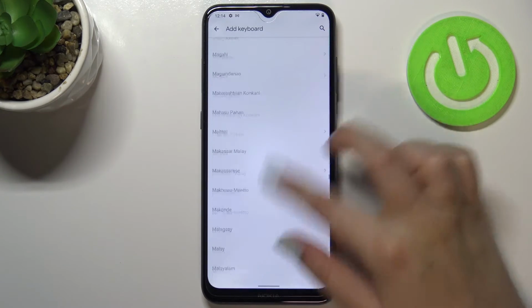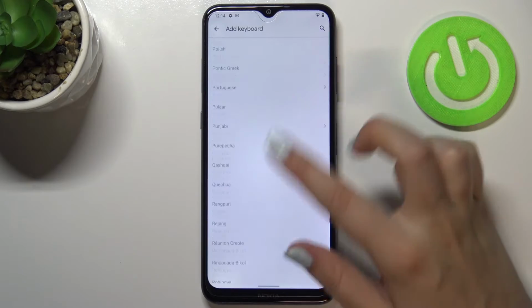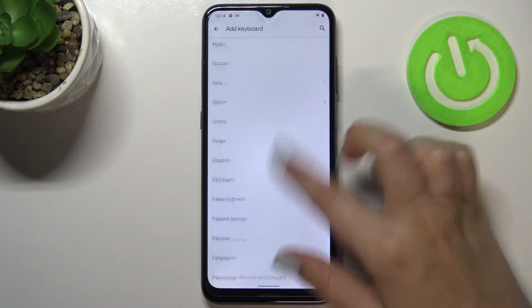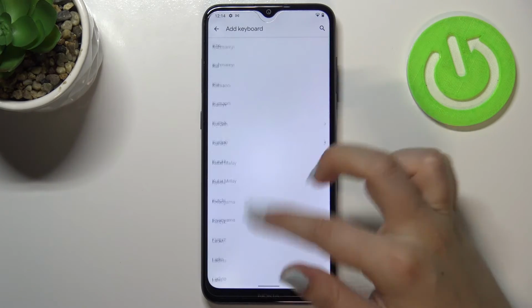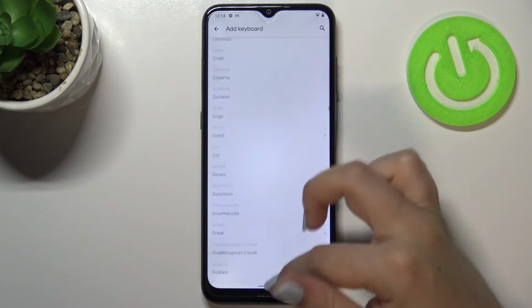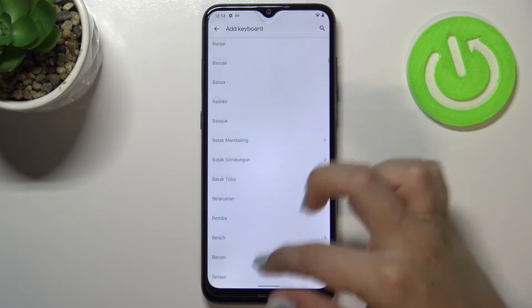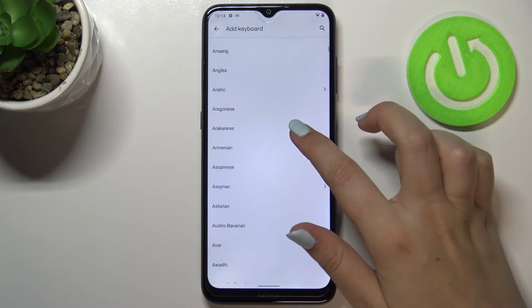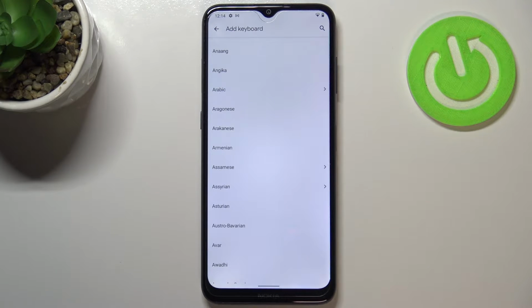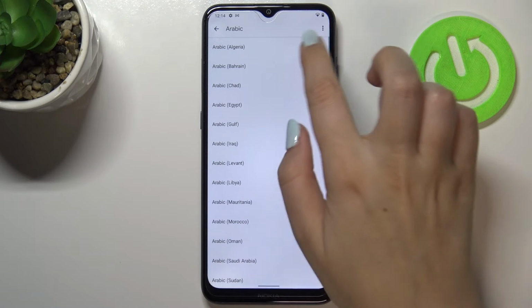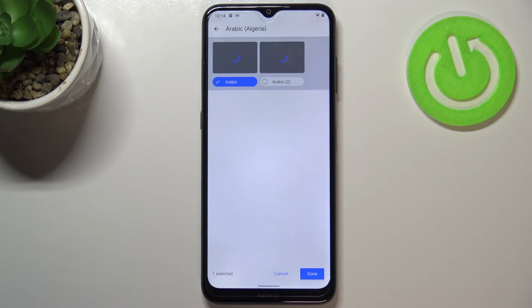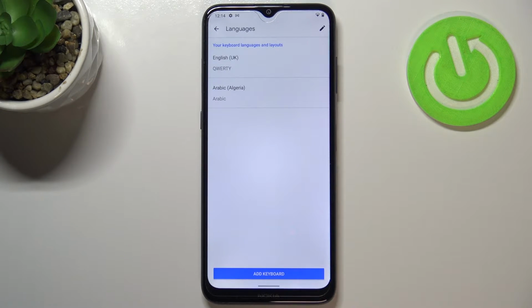So as you can see, we've got plenty of options to choose from. I'm sure that you will find the language you would like to set. So all you have to do is to simply find the language and tap on it. Let me actually go back to the beginning of this list, because I would like to check the graphical, let's say, language. So let me pick Arabic. As you can see, sometimes you will be able to pick the region also. Let's tap on done, and as you can see, it immediately appears on this list,